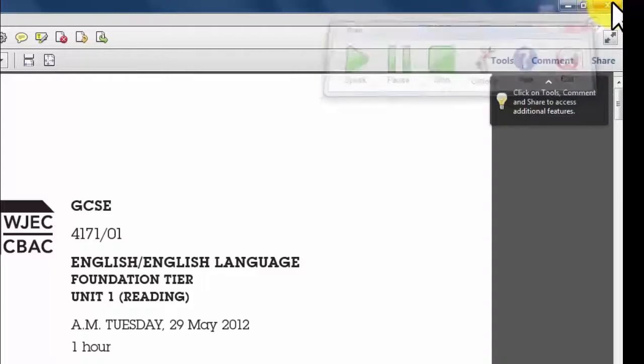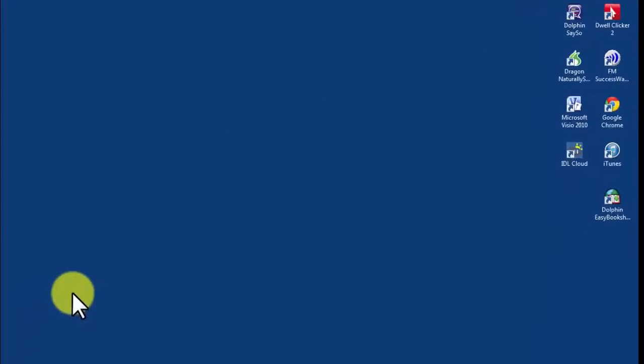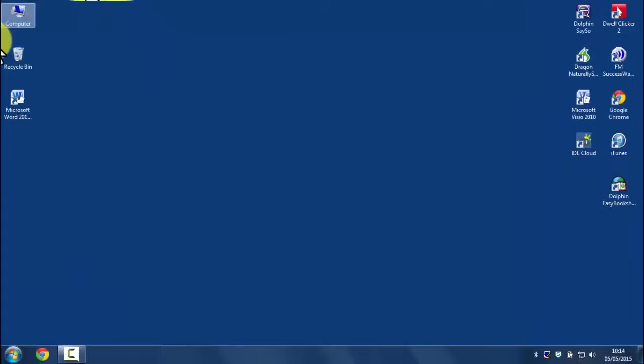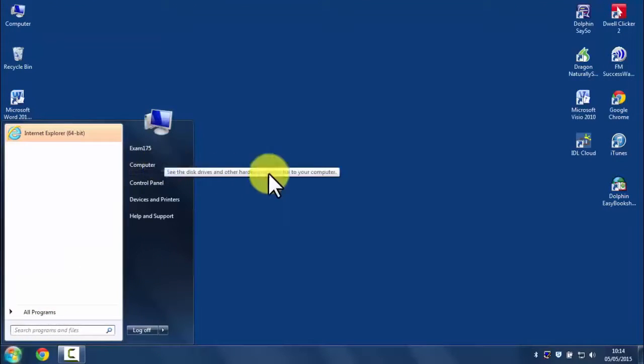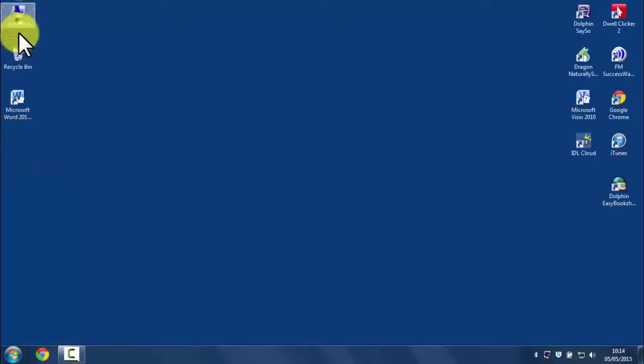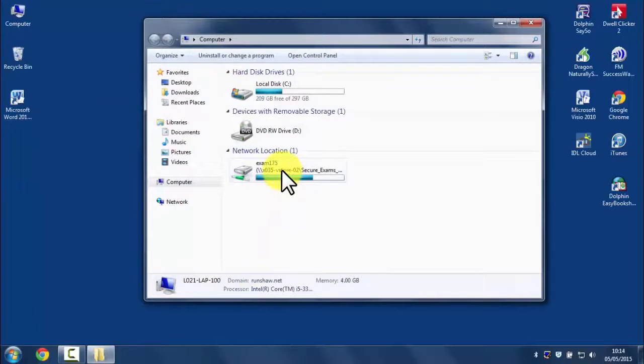I'm going to shut Orato, I'm going to shut the paper, and so when you'd log on, this is what you would see. You would see your exams login. These shortcuts wouldn't be on a typical computer, this is just on the computer that I'm using. So what you need to concentrate on are your computer shortcut there, or going to the start menu and going to computer there. So we log on, we open the computer, we go to the exams secure shared area,